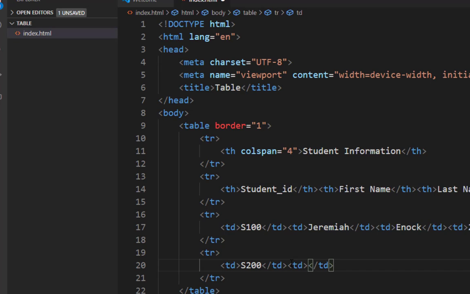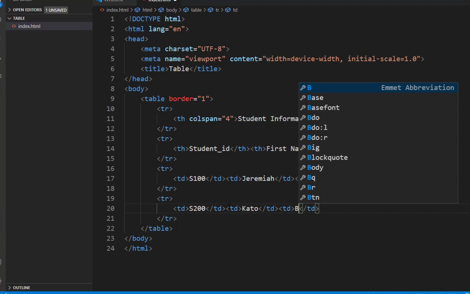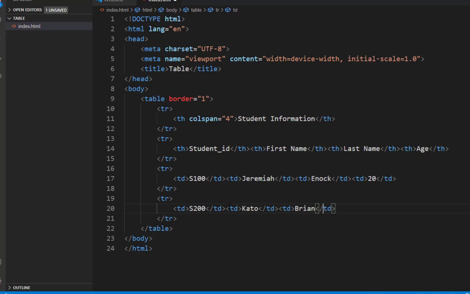Let me say Kato Brian. Another td for the age, to hold the age. Let me say this guy is younger than the first guy by 2 years, so this guy is 18 years. You save that, and you can see we have another record